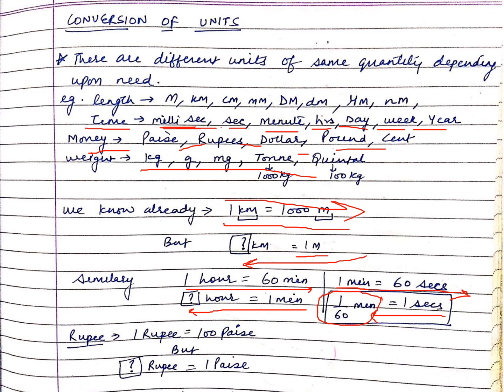Similarly, 1 rupee is equal to how many paisa? 100 paisa. If I change the question, how many rupees are in 1 paisa? Again you have to think, because we don't use our brain in that way. Whatever we have learned is easy for us to understand, but what we have not learned is new for us, and we try to escape from it. This time we will try to understand how to find these things. Okay, let's see the next slide.